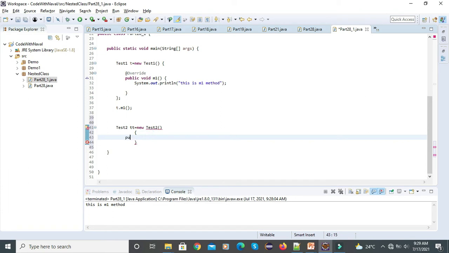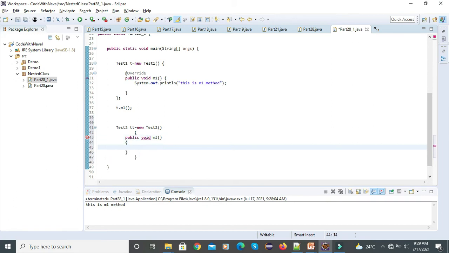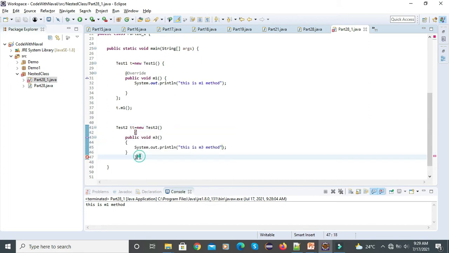Okay, here simply provide public void m3 and add the implementation, and let's type system.out.println, this is m3 method. Now after this bracket we have to add a semicolon. Every time we have to add a semicolon.